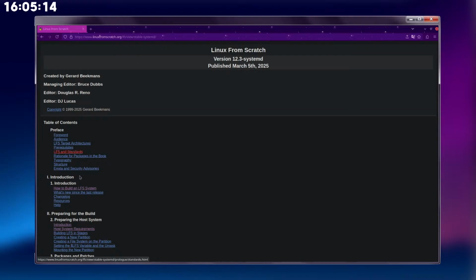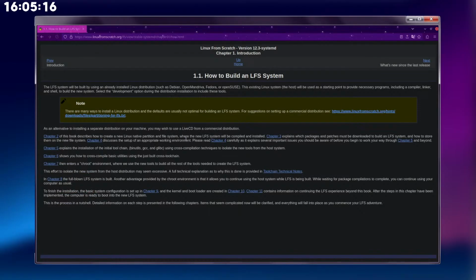Alright, we can skip this. How to build an LFS system. The LFS system will be built using an already installed Linux distribution such as Debian, OpenMandriva, Fedora, OpenSUSE. This Linux system, the host, will be used as a starting point to provide necessary